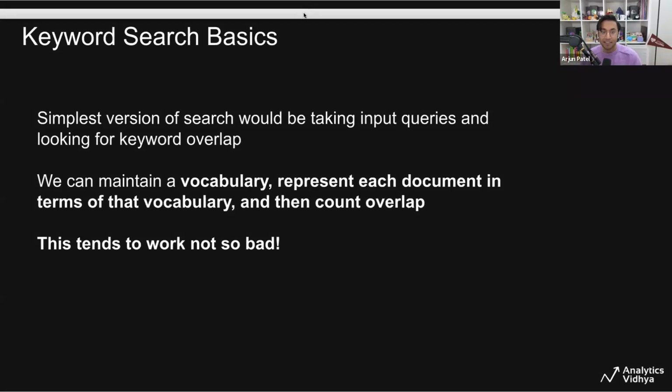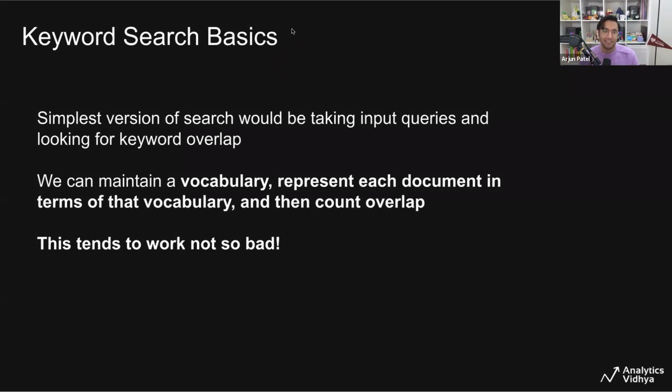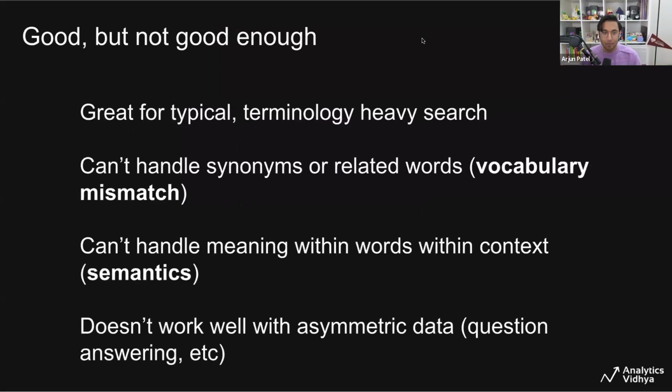Now it turns out that this works not too bad. This works pretty good. Most forms of search in the past couple of years before the advent of RAG have been this type of search, and they've worked pretty good for people. But there are really specific situations in which this starts to fall apart. And one of the queries which I showed you earlier is one of those situations. When you have terminology heavy search where you're working with experts that deal with that terminology very often, this type of search works great because you know what you're looking for, you just need to find it, and you know the words that you need to find it.